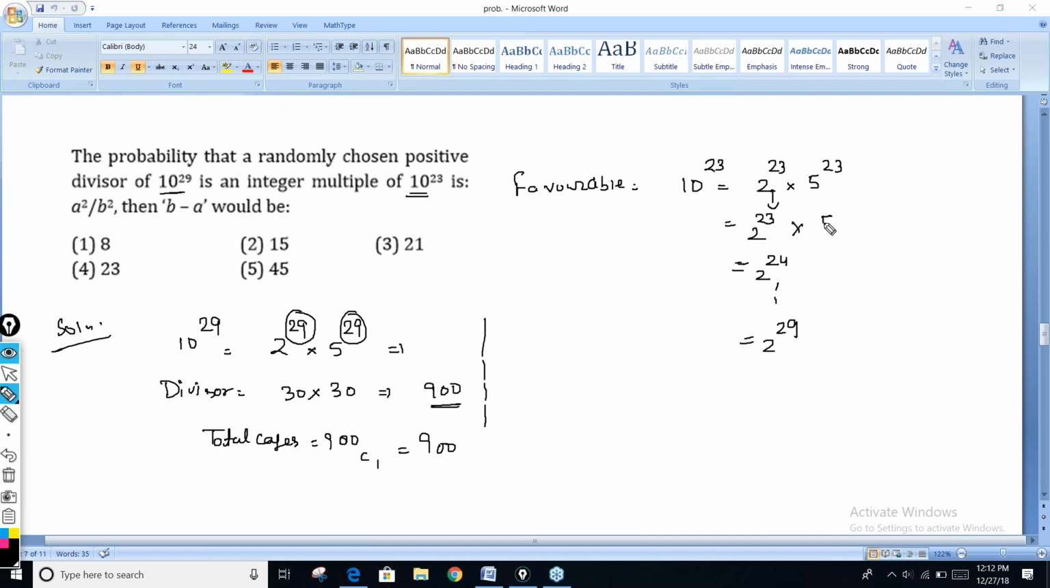Similarly, the power of 5 should also be at least 23. You cannot say 23 and then 46. 24 is also a multiple of 5 raised to power 23. Similarly, it can be till 5 raised to power 29. So how many choices? Till 23 to 29. How many choices are there? 7. Similarly, how many choices are there? 7. So favorable factors are 49. So favorable are 49